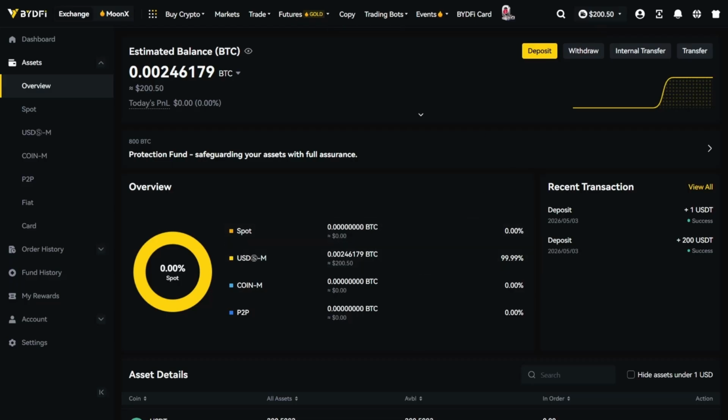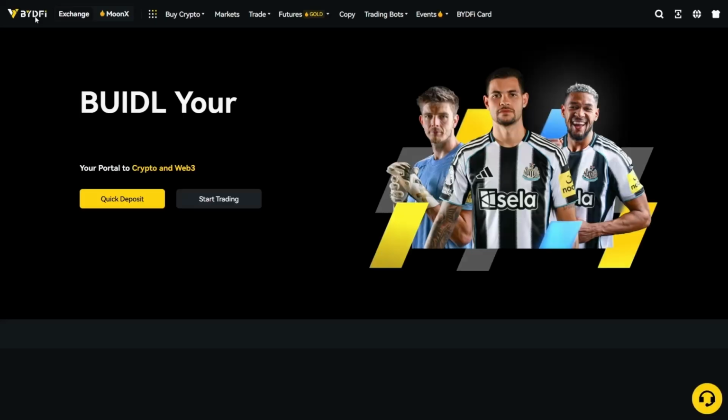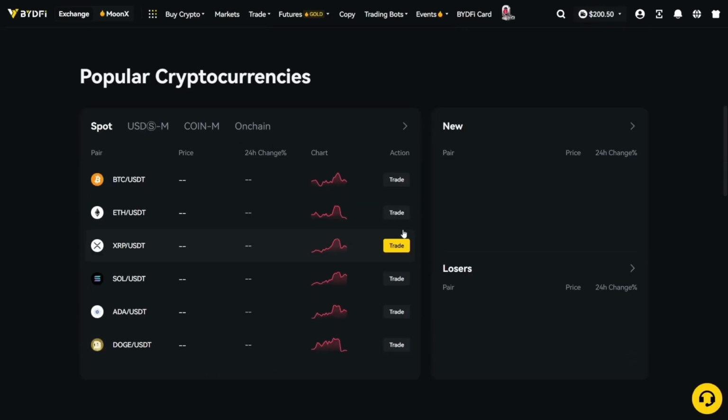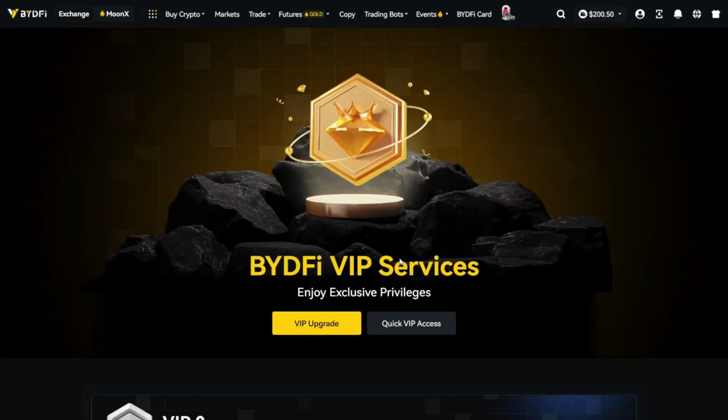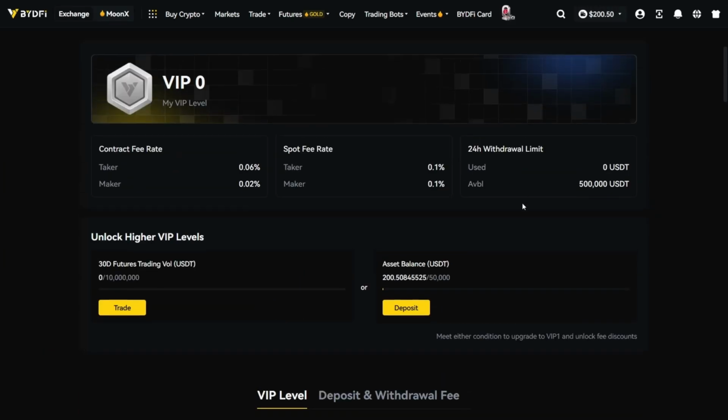The next thing we want to do is understand the trading fees on BYDFi. So we're going to go to the top left and click on the BYDFi icon to get back to the home page. And then we are going to scroll all the way down to the bottom and under services, click on VIP service. Here we can just scroll down a little bit more and we can see the futures trading